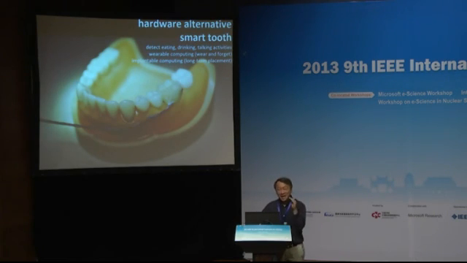So if the design feedback does not work, there's always a hardware alternative to this. So one example is like the smart tooth, right? You can do wearable sensing, or you can do implantable sensing. Wearable sensing is like once you wear the sensor, you forget it. The user will forget it, so you can do long-term collection. Implantable, this is another thing. Once you implant it, it's a permanent or long-term sensor installation. My time is up, so I won't talk more.